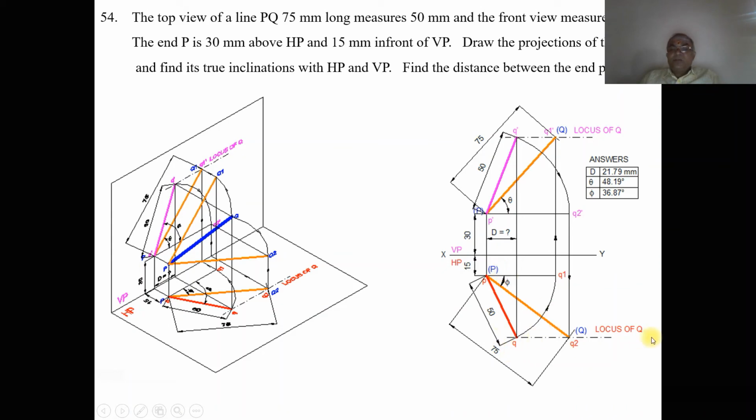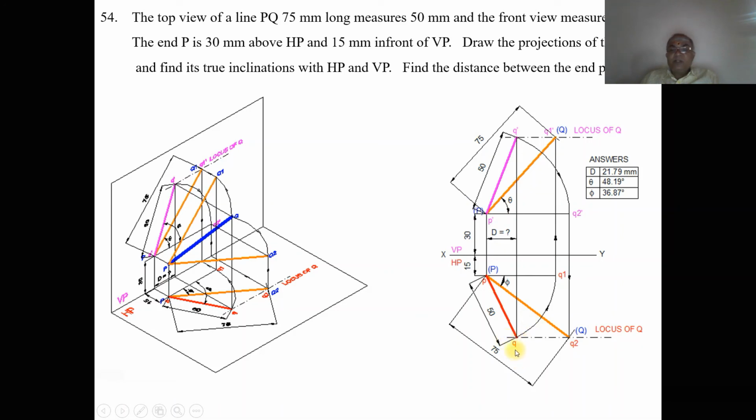Now once you get the locus of Q in the front view and also in the top view, we need to transfer that Q1 and Q2 dash to the corresponding locuses. So to transfer Q1 to the locus of Q, with P as center by using the compass, take the radius of P and Q1, then draw an arc such that it cuts the locus of Q in the top view.